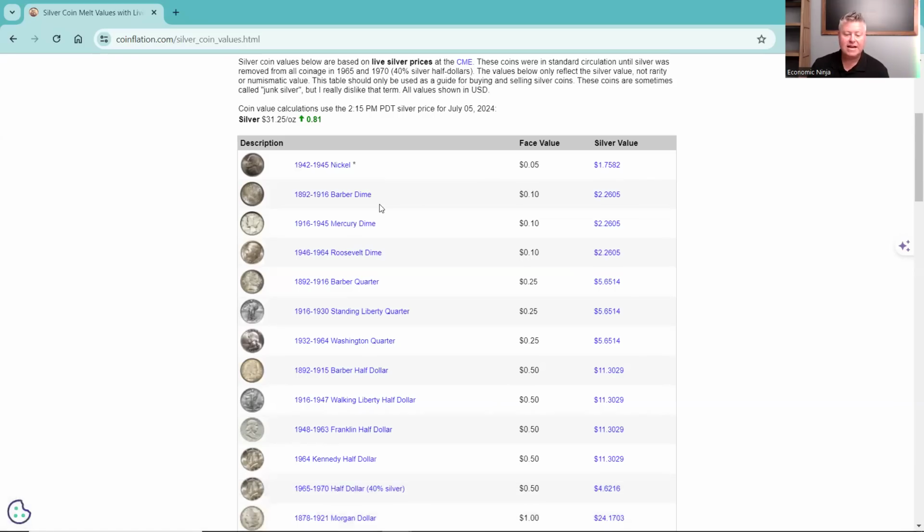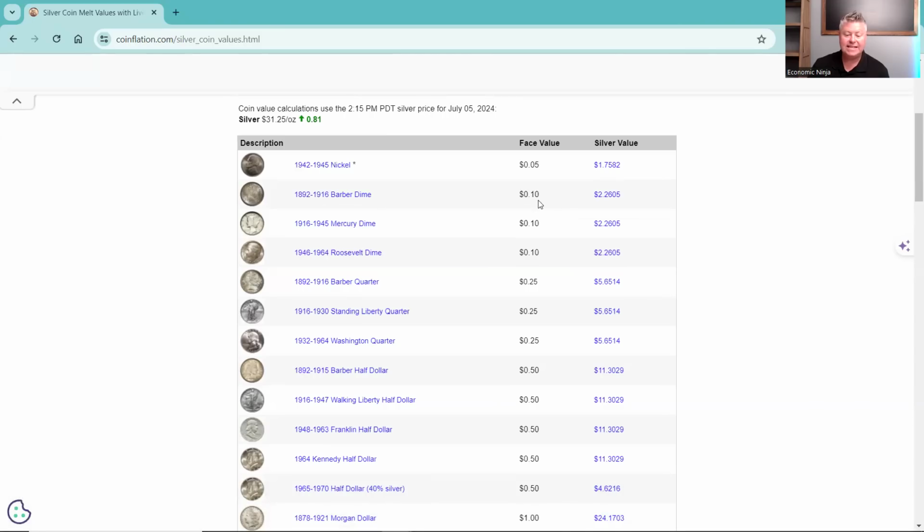Look at this right here. An 1892 to 1916 Barber dime has a face value, like all of these, of 10 cents. And look, all of these are worth over $2.25 in silver. Now, what's really exciting about this is you can take these numbers, go down to your local coin shop or